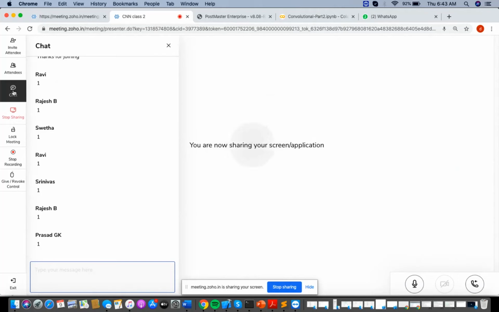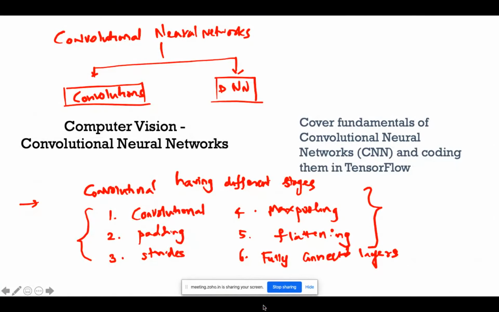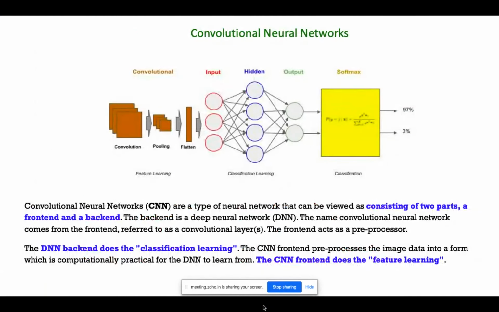Meenakshi, hello Suresh. Actually, I've connected from mobile. Are you able to follow? Yes, I'm able to follow. Yes, it's clear. Okay, thank you.